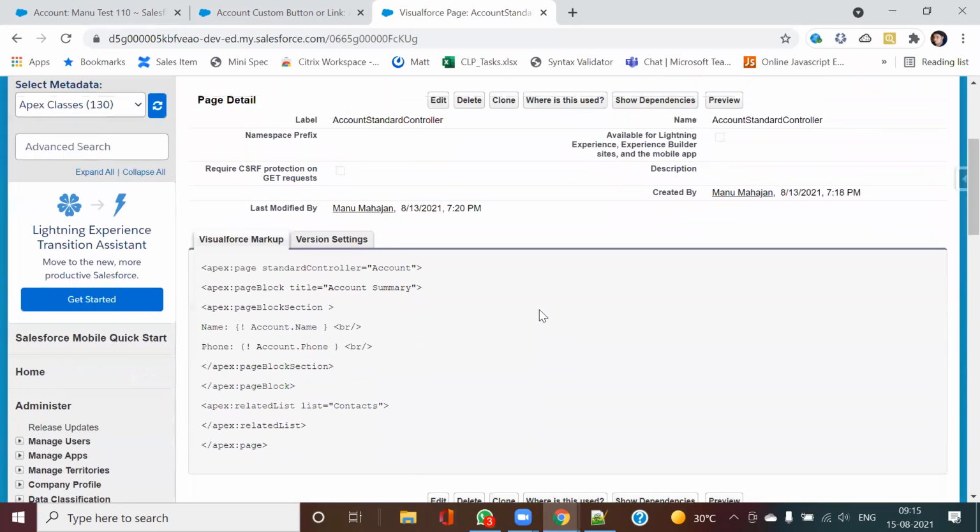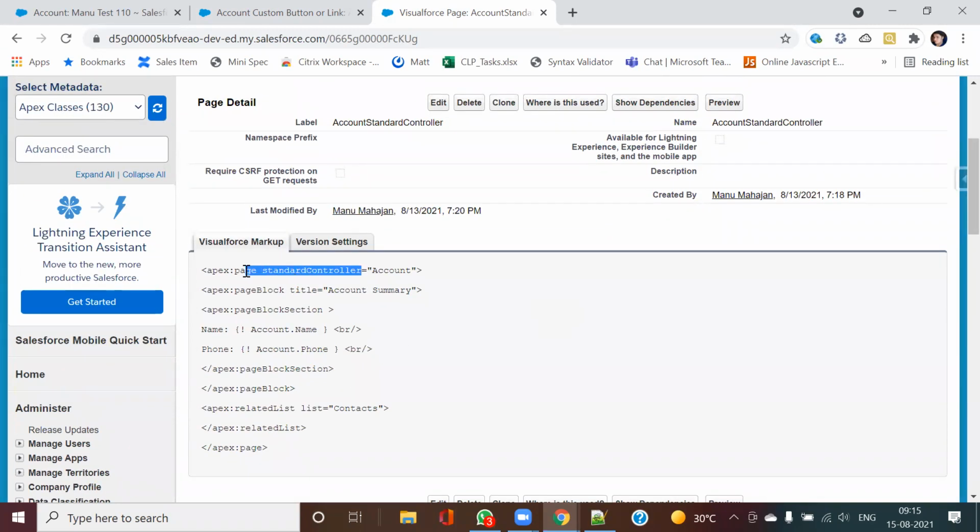So here, if you see, standard controller is the name of my object. It can be a custom object or a standard object. In this case, it's account, the API name. After that will come this page block table. Page block table, I already explained to you in the last session also. This page block table is generally used in case I want the inbuilt Salesforce design to be implemented in the look and feel.